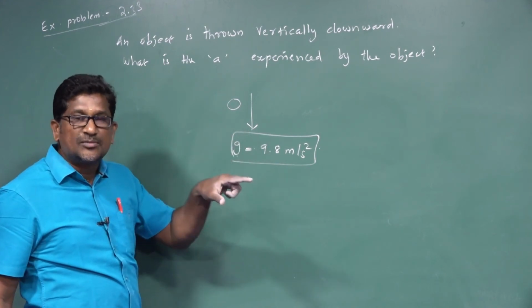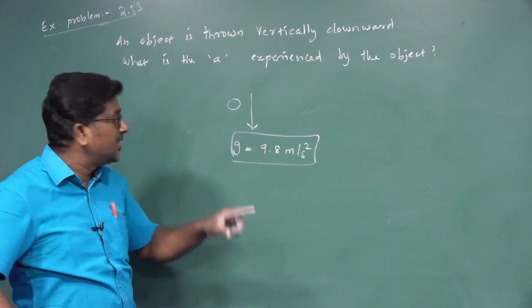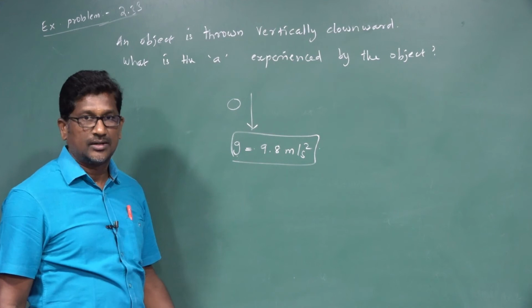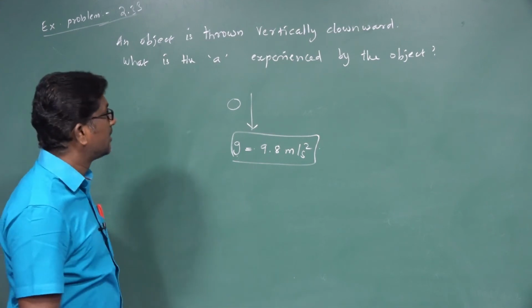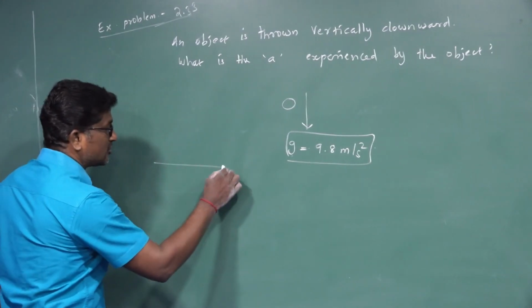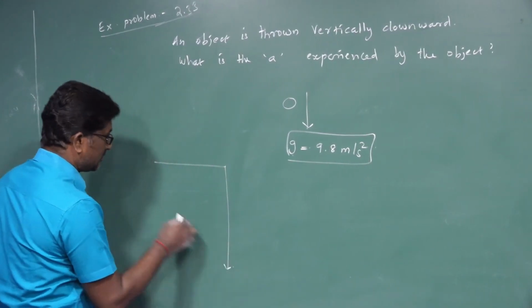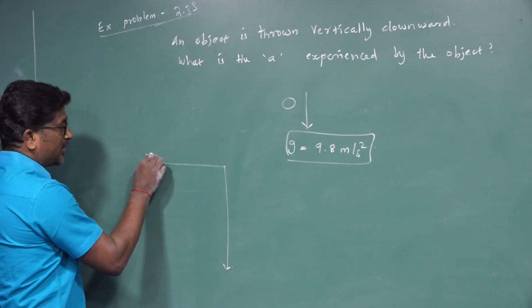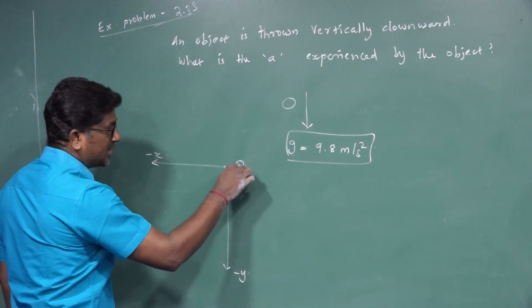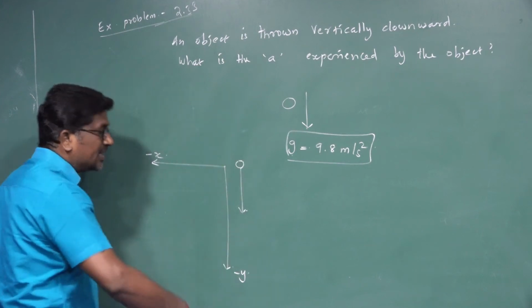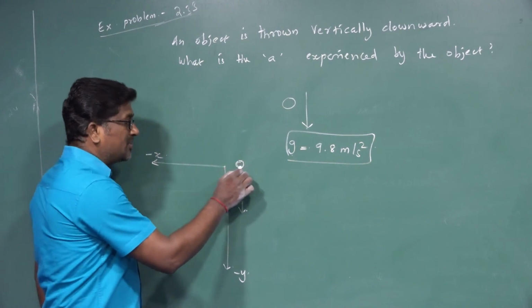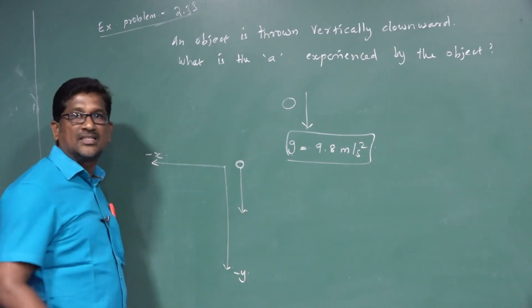The acceleration experienced by the particle due to gravity is denoted by g. Its value is 9.8 meter per second square. Right? So for this question, we can draw a coordinate system like this. So this is the negative x-axis and this is the negative y-axis. Here an object is dropped or thrown vertically downward, right? Here the object is moving along the negative y-axis direction,